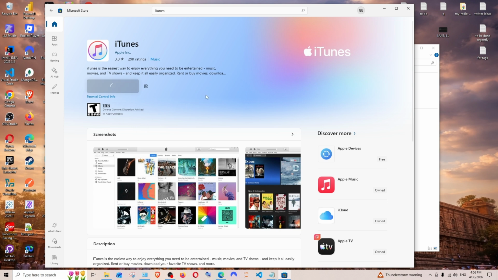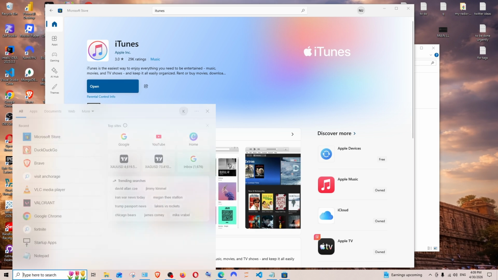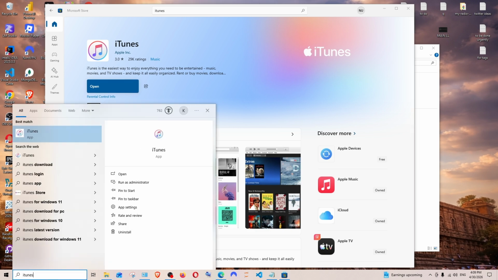This will take some time to download and install, so just be patient for a while. Once it is installed, you will be having the open option over here, and if you go to search and type iTunes, you'll be having that app. You can create a desktop shortcut or pin it to taskbar. Just open it now,